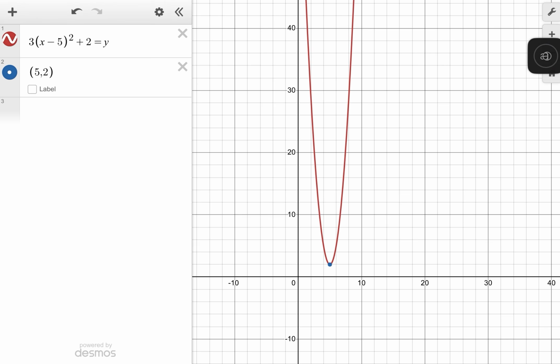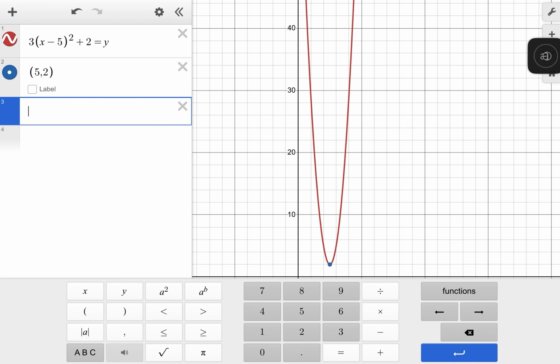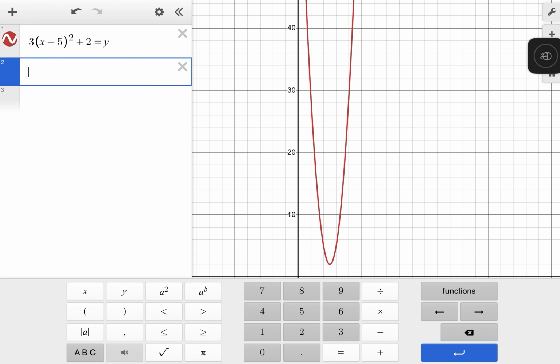So now, a lot of the times, you're not always going to have X and Y. Desmos sometimes uses another input letter other than X. They might say T is time. So let's use this example here. Let's say you have 3 times t minus 5 squared plus 2 equals